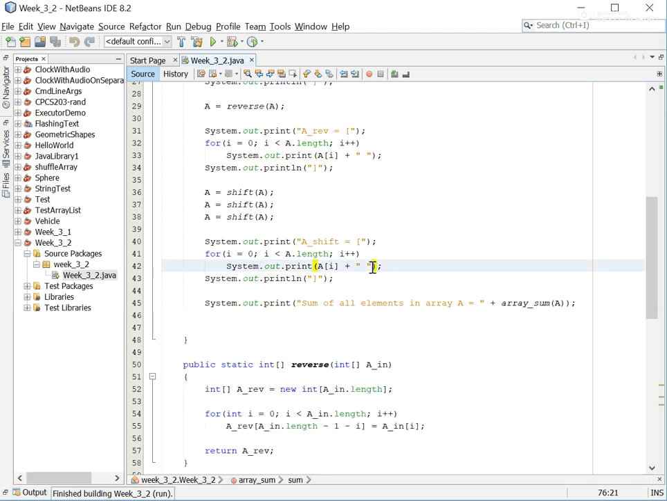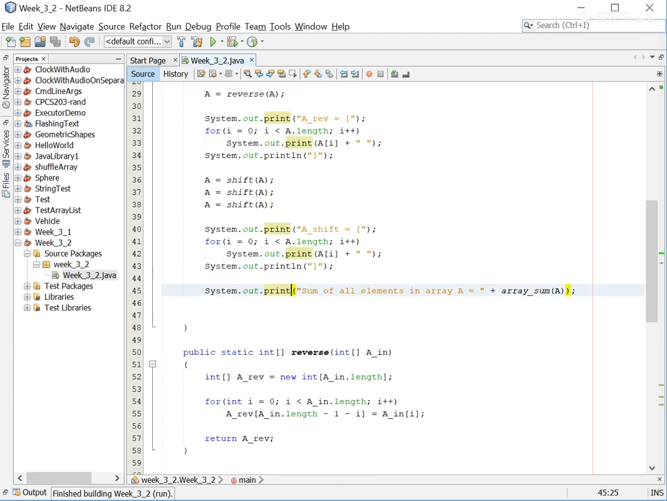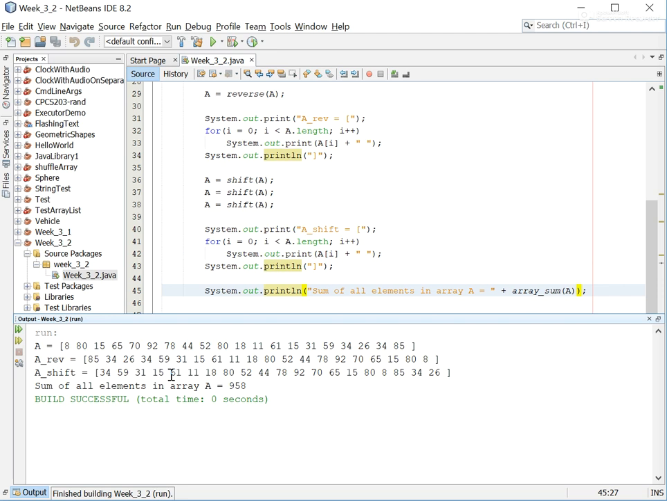Okay, and let's make the output a little neater. Let's put a new line character after this line we print out. There you go. So 880 reversed becomes 880 15 in reverse. Shifted 3 times, it becomes this, still the same numbers, and the sum of all those elements is 958. If you run this again, since all these numbers generated are random, there you go. This time we get the sum 942,